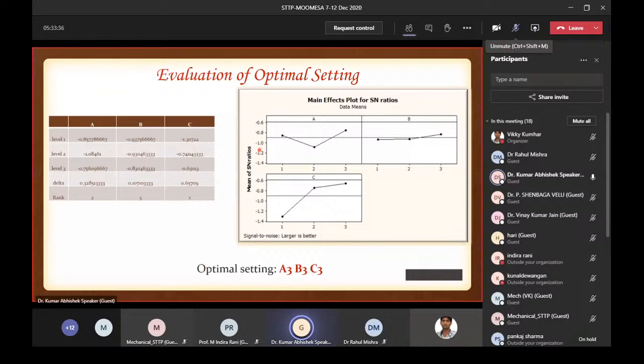ठीक है, तो आप इस कॉरेस्पॉन्डिंग सेटिंग में सपोज करो यही मेन इफेक्ट प्लॉट आपका आया है, जो भी आपका आउटपुट रिस्पॉन्स जो आपका सर्कुलेटरी था वहां पे सरफेस मान लो, तो यहाँ पे सिग्नल टू नॉइज रेशियो क्या हो जाता है, आप कैसे कंप्यूट करते हैं, आप स्मॉलर इज द बेटर क्राइटेरिया। तो यहाँ पे लार्जर की जगह वो स्मॉलर हो जाता। ठीक है, अब यहाँ स्मॉलर हो जाता तो आप इसमें ऑप्टिमल सेटिंग कौन सा लेते, आप मेरे को बताइए।